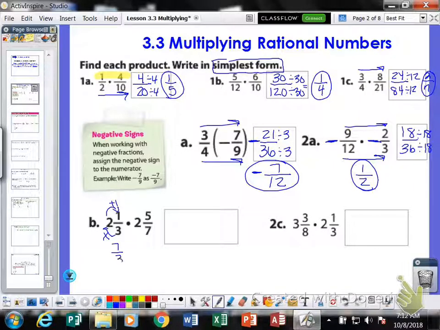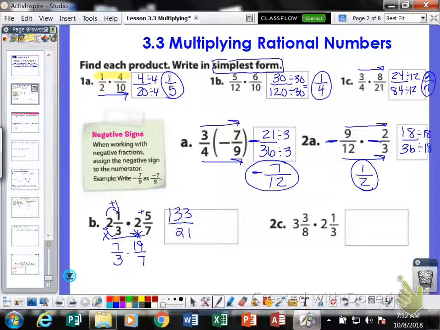So 7/3 times 2 times 7 is 14. 14 plus 5 is 19/7. And then we multiply across the top. So 7 times 19 is 70, and 63 is